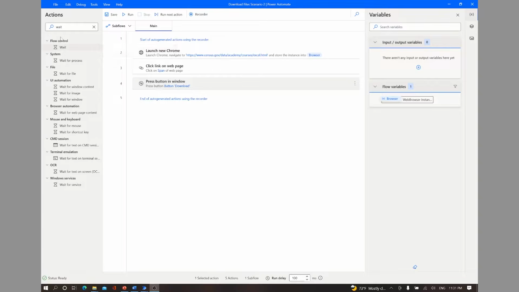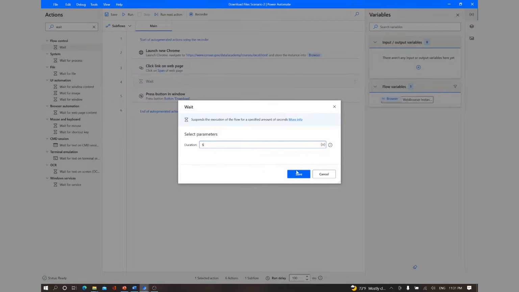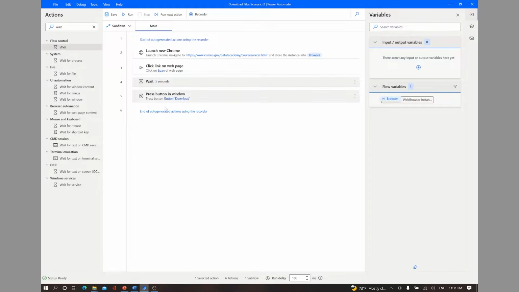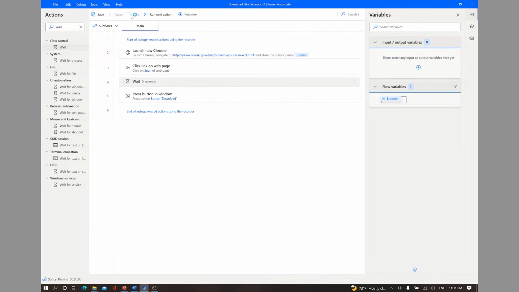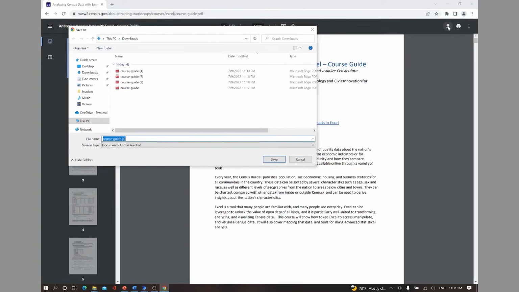Okay, so now I'm going to add a wait step between clicking the link and trying to download the file. I'm going to click on wait, drag it to the canvas, and wait for 5 seconds. I have my flow ready and I'm going to click on run. Okay, so now as you can see, the file is being downloaded,